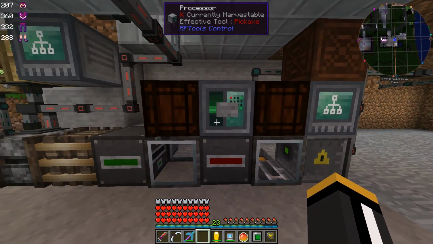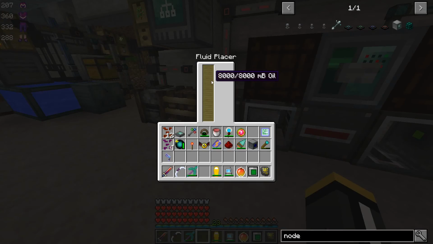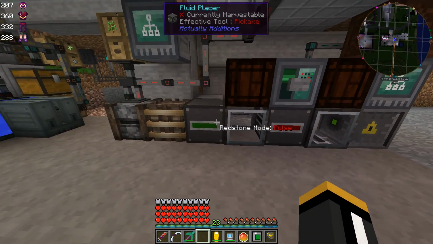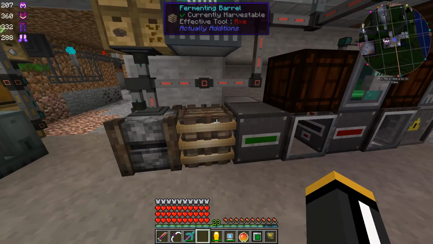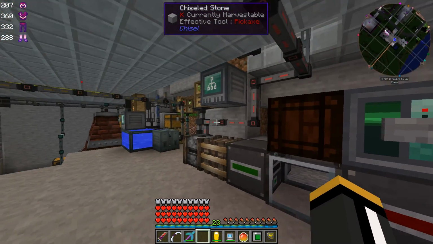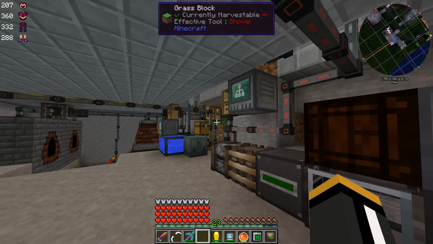But basically what this program does is first it checks to make sure we have everything we need. So it checks here to make sure that we have at least 1,000 millibuckets of oil. That's what this node over here is doing. And then it checks over here to see if we have at least 6 canola seeds, because we need 6 canola seeds. And it checks here to see that we have less than 4,000 millibuckets of empowered oil. So it's going to maintain 4,000 millibuckets. If any of these things evaluate to false, the program just doesn't run. It stops. If they all evaluate to true, then it's going to grab the file,